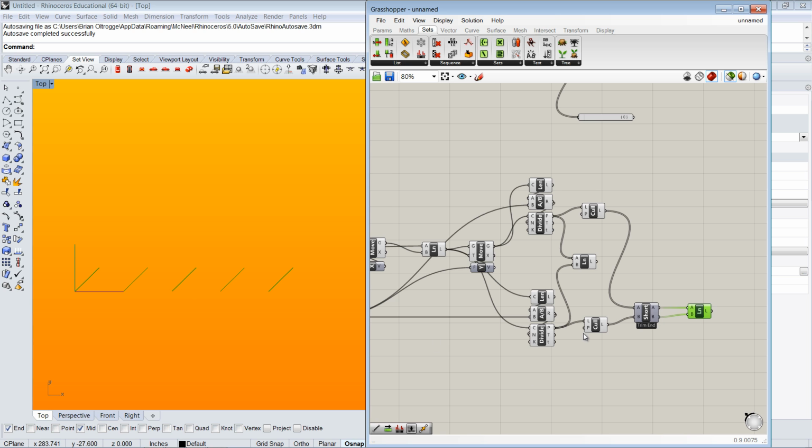There's my lines. But now I need the lines going in the opposite direction. So I'm going to have to shift these points one in order for it to start drawing from here. So I want to shift one set of these points in order to have the correct structure. So I'm going to do shift